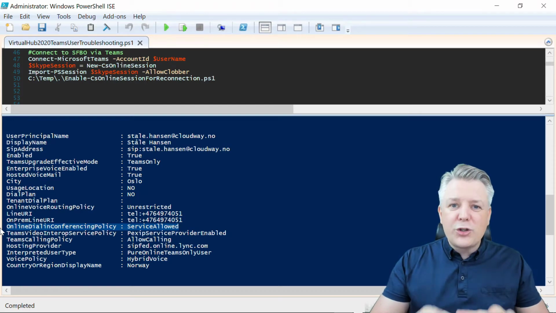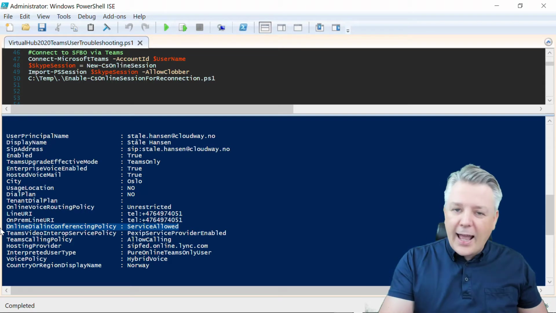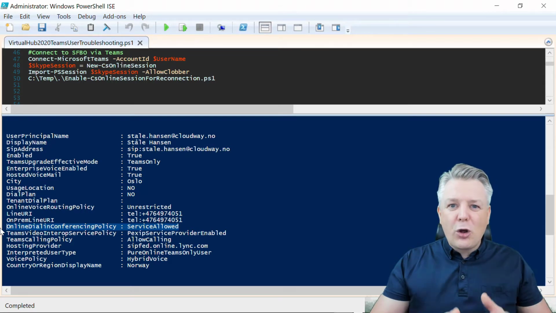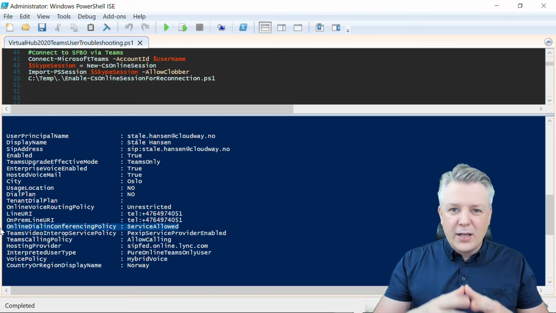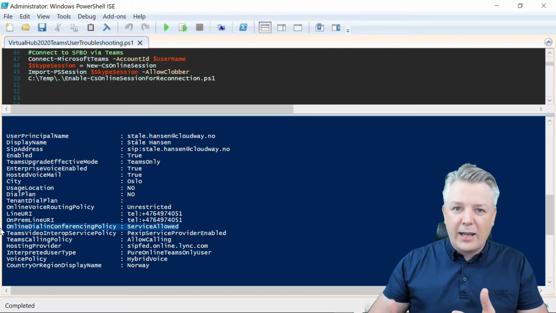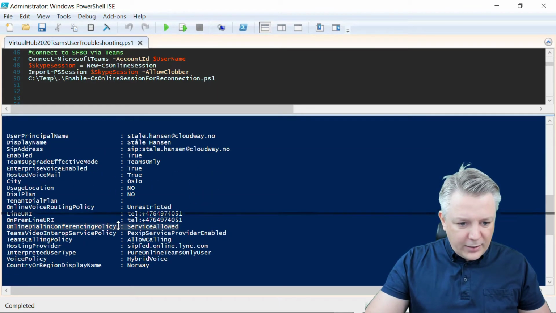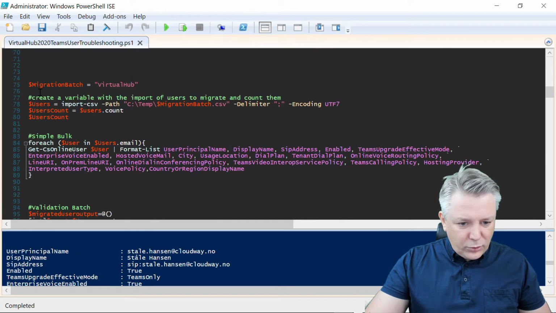So this tells us so much at a glance. So after you have migrated the user, you can verify the user just by glancing at this. I have solved so many issues by doing this, and I'm using it systematically in my migrations. So let's continue here and look into